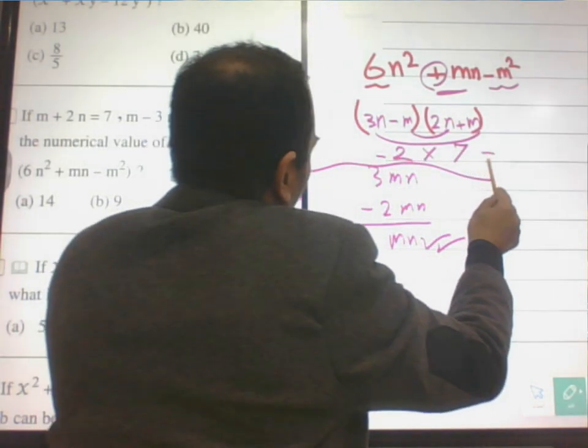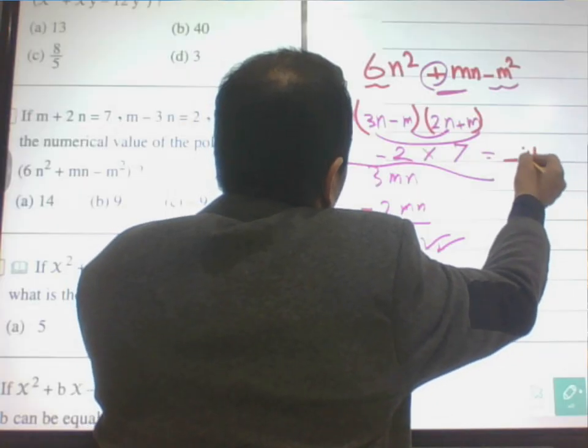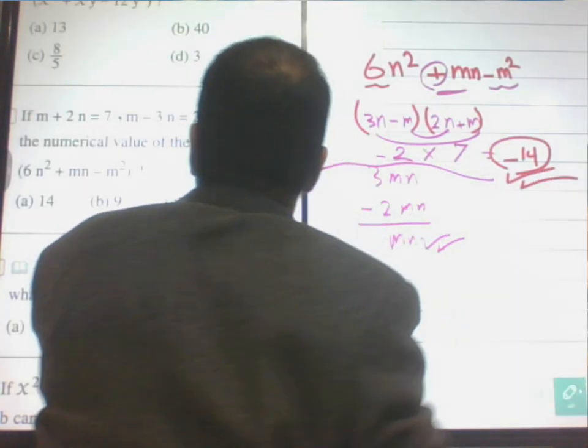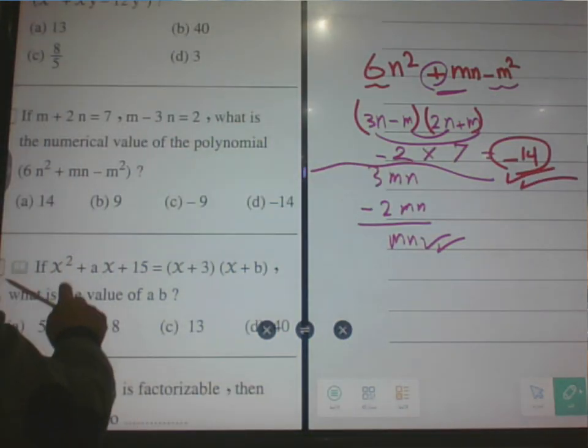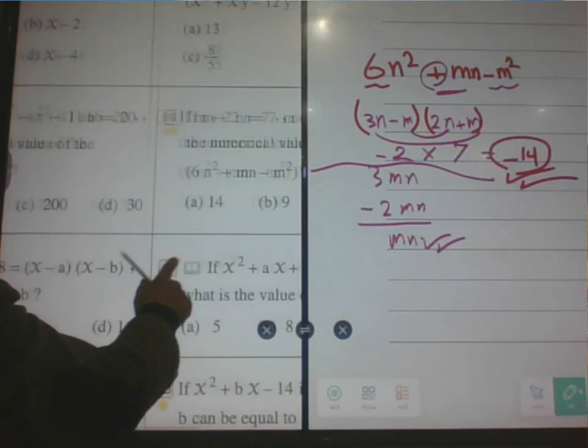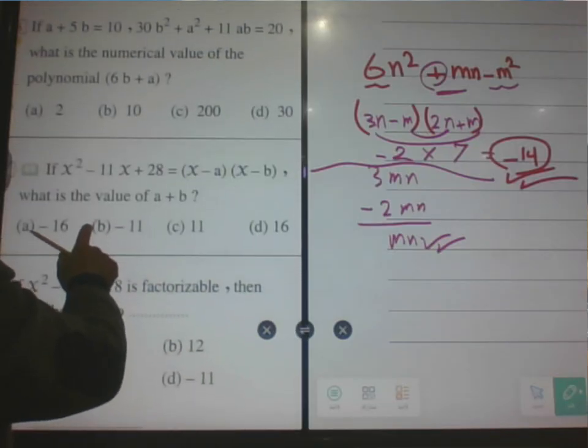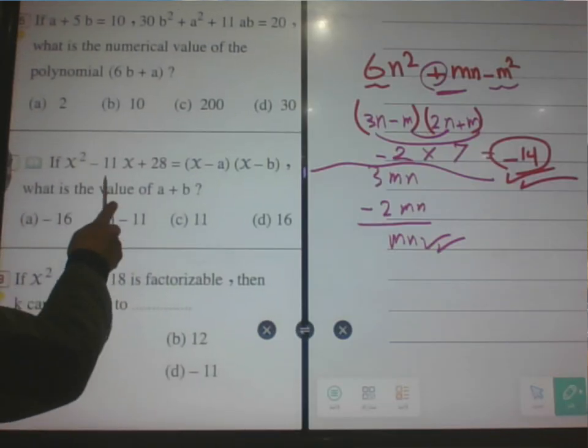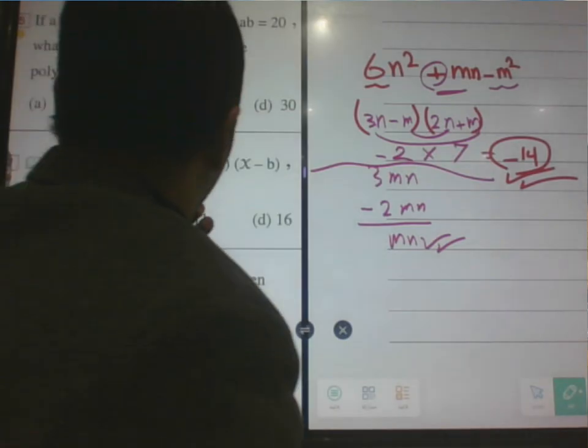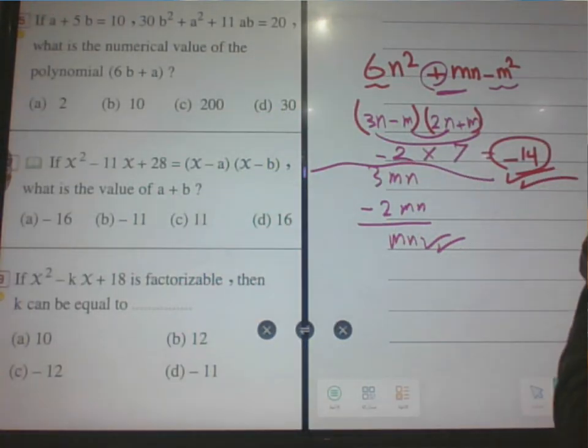Negative 2 times 7 equals negative 14. Then the answer to this question will be negative 14. It shows letter D. Next question, number 7. If x power 2 subtract 11x plus 28 equals x minus a product by x minus b,